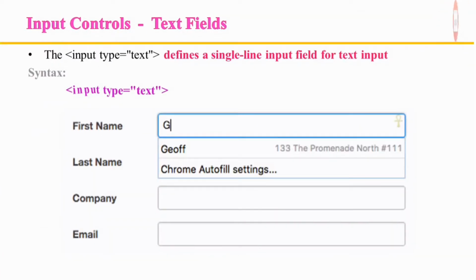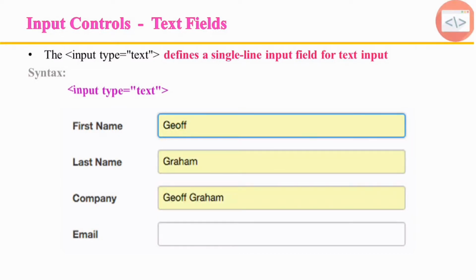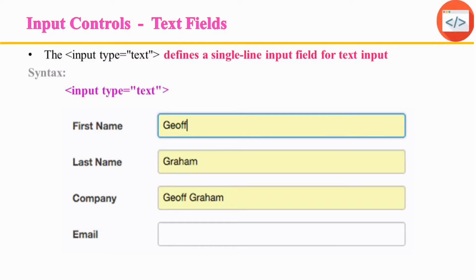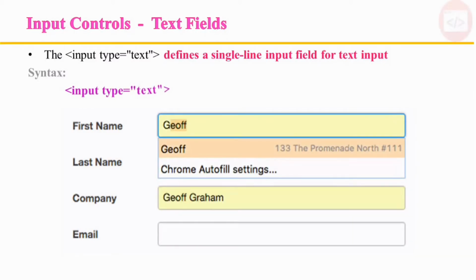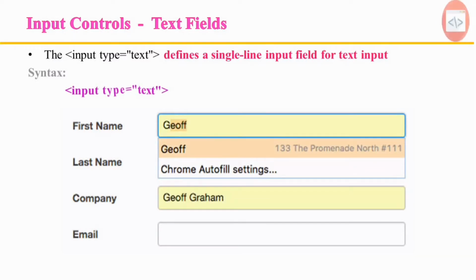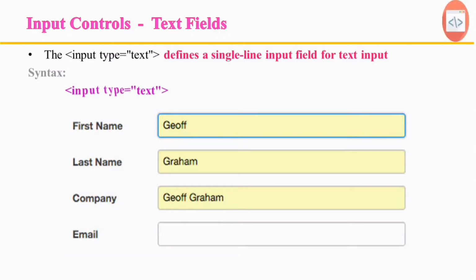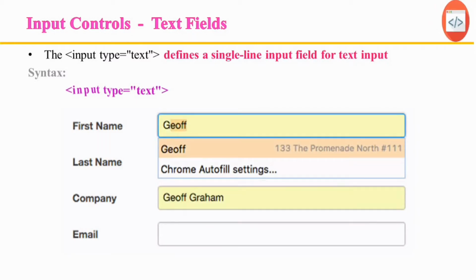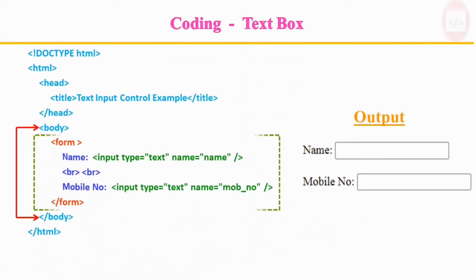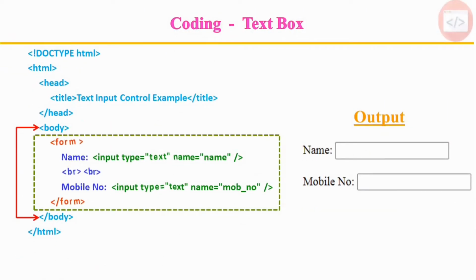One of the core elements used in an HTML form is the input element. The input element can be displayed in several ways depending upon the type attribute. You create a text field where the user can enter a line of text with HTML. This is a syntax for input type of text. An input field allows only one line of text. If you need a multi-line text input for a substantial amount of text, use the text area element instead. Here is an example for a text input control. The respective output for the code is shown.